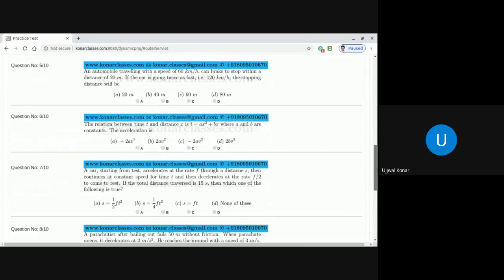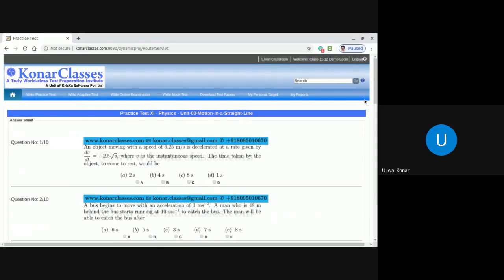Solving DPPs gets your fundamentals clear. Solving practice tests gives you the confidence. You can say, no problem, I have done so many problems in the practice test on the KonarClasses platform, I can face any question. Give me any question from motion in a straight line, let me face it. For example, if you look into the things we have covered,